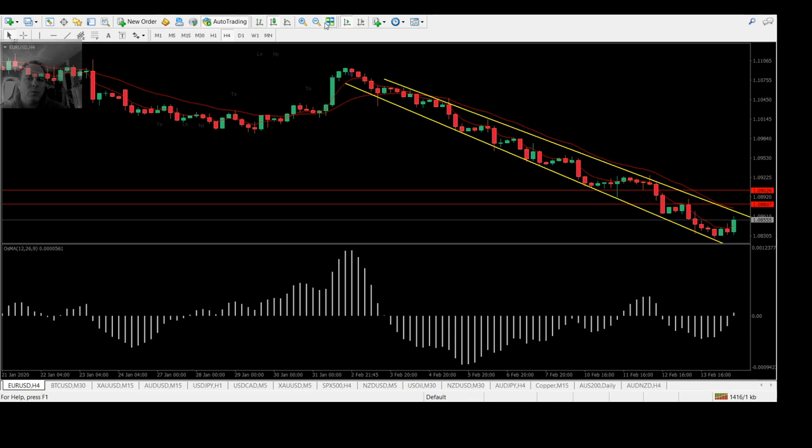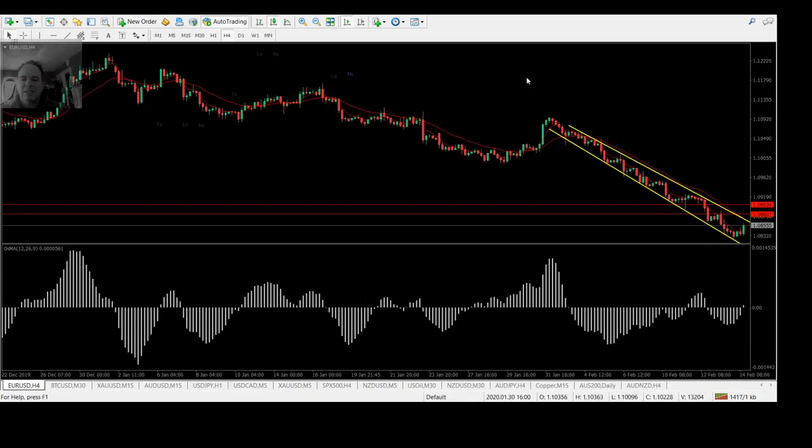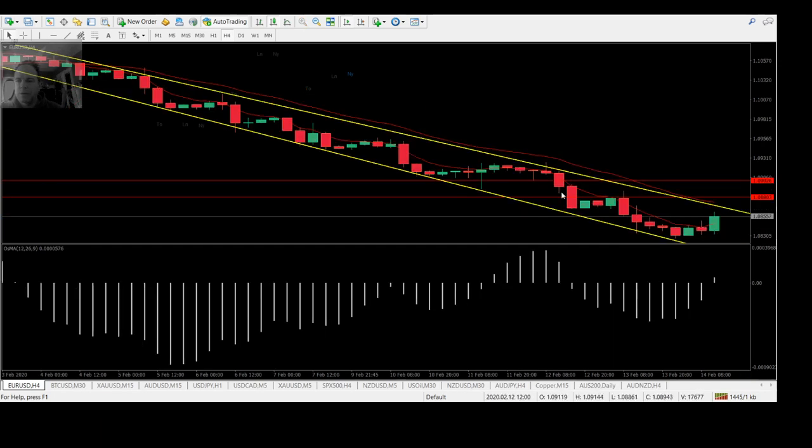But I didn't wait. Once I saw that it wasn't bouncing, I took a very small loss. It was like 6 pips. Because I knew from experience, and yes, I've been burnt from my own dumbness many times, that if we broke this, let me zoom in a little bit, if we broke this 109 area,